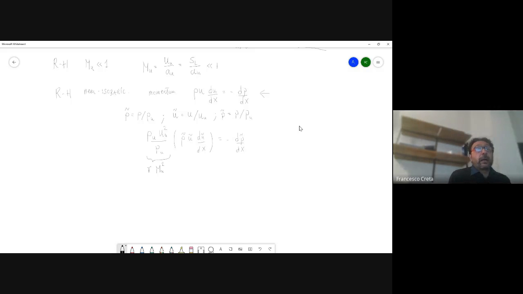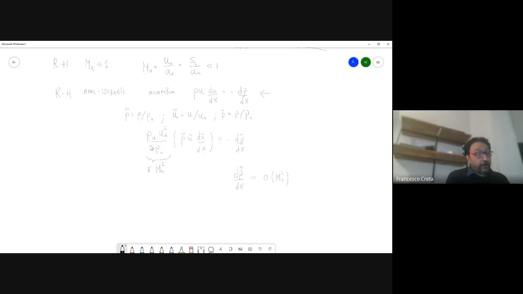So it's the unburnt Mach number squared, okay? So you can see that in some sense, the gradient of the pressure will be of the order, you see, this is order 1, let's say, because these are all non-dimensionalized, okay? So it's of the order of the Mach number squared,